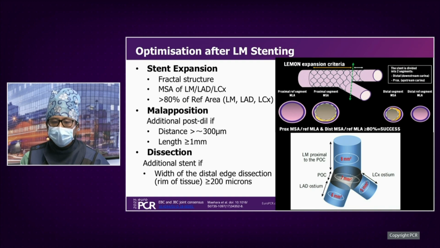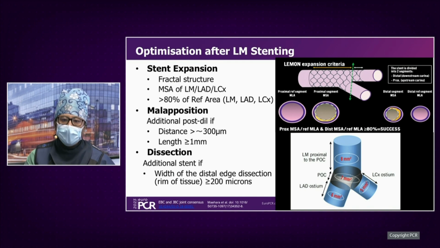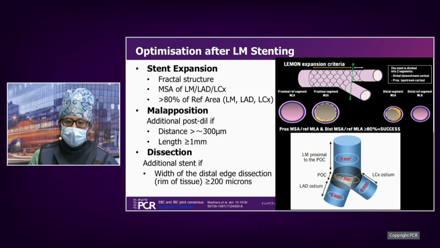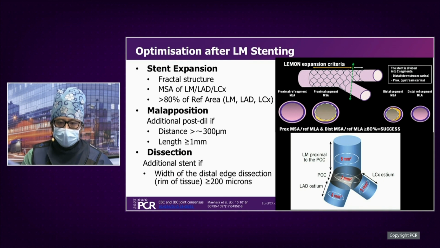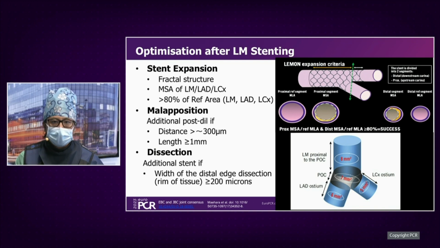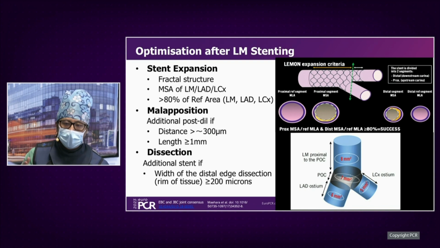Go next. In this case, I think what is most important is stent expansion and also the opening of the side branch. Stent expansion, because it is a bifurcation, it's important to create a fractal structure, and it's better to have assessment of the minimum stent area and reference area for each segment, in this case LAD and left main. If you cannot really do the reference area measurement for the left main, you could potentially use the absolute value of the expansion. This is Kang's picture for the IVUS based on the IVUS measurement: 8 square millimeters for the left main, 7 square millimeters for the polygon of confluence, and 6 square millimeters for the LAD,